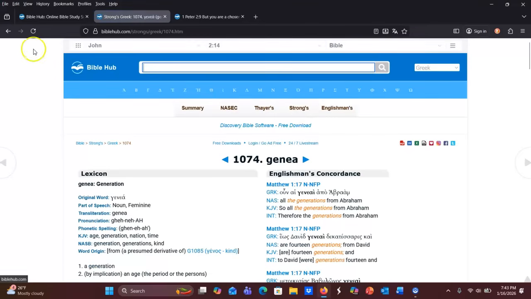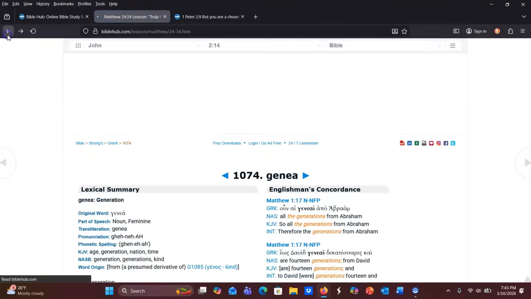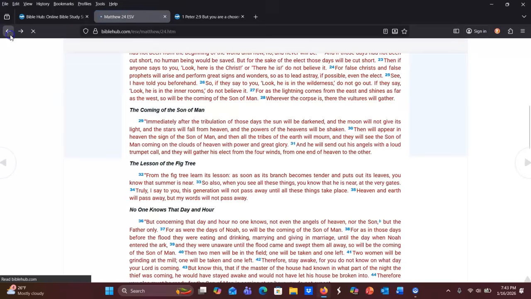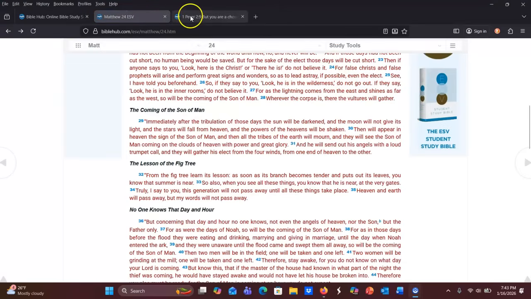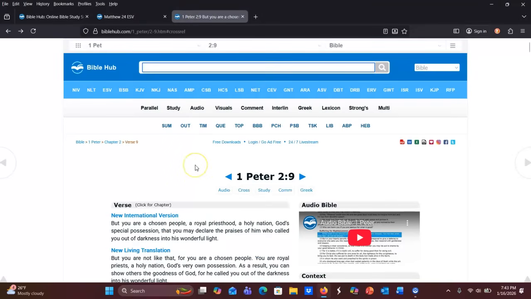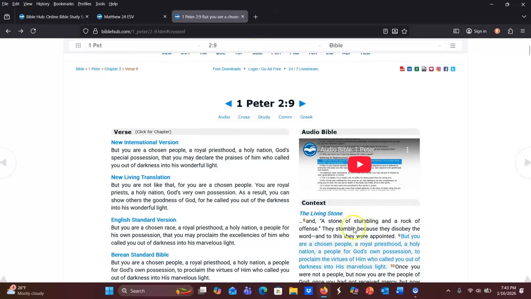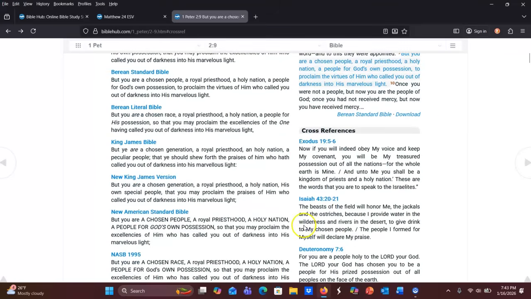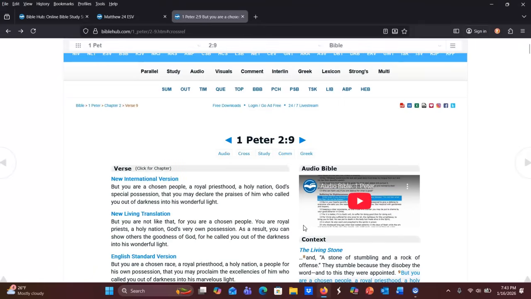So I don't know if this was helpful for you or not, but someone asked me to show how I navigate Bible Hub, and honestly, I just learned by clicking on things like, oh, what's this mean? And then I just click on it, and I just got used to it now because I typically do the same thing. I typically use it for, I like to look up the parallel verses. I like that it gives context for the verse that you looked up. I like that right here are the cross references, and I like that I can click right on it and go to Strong's,